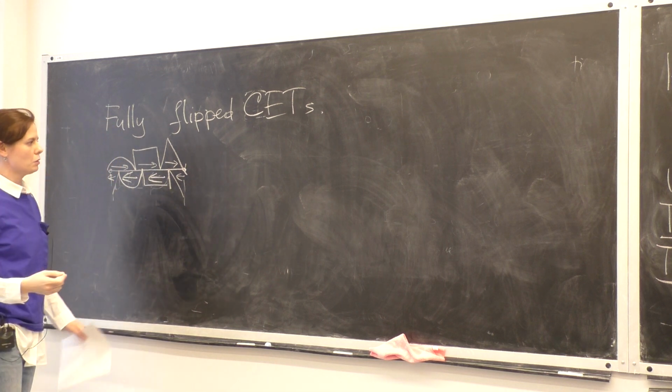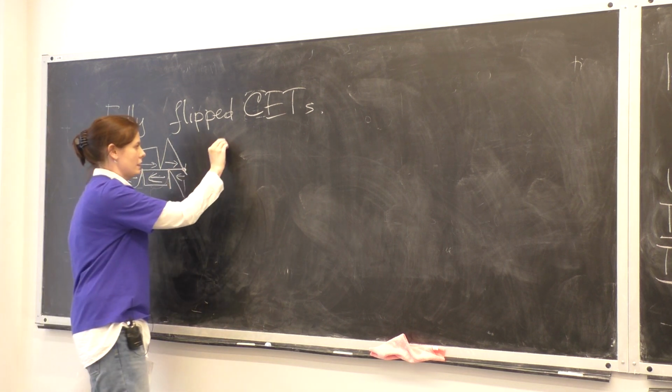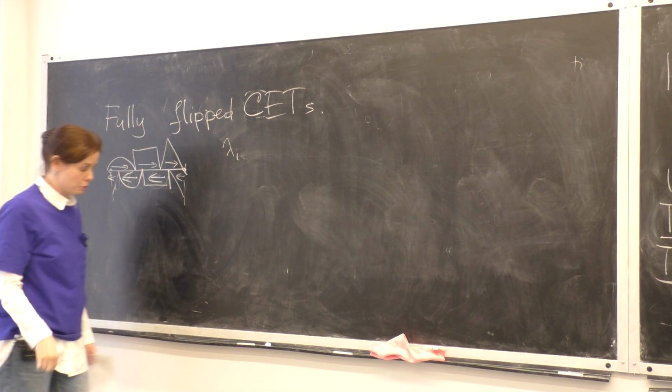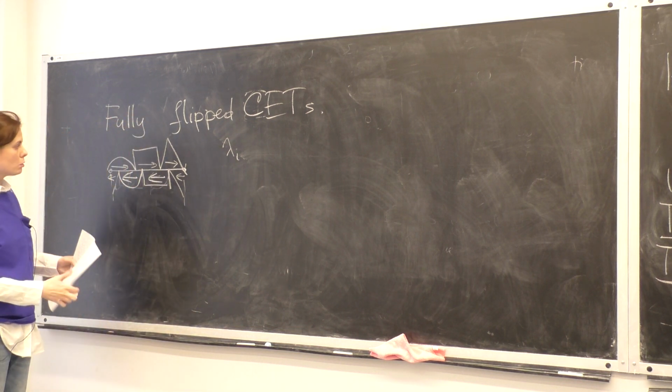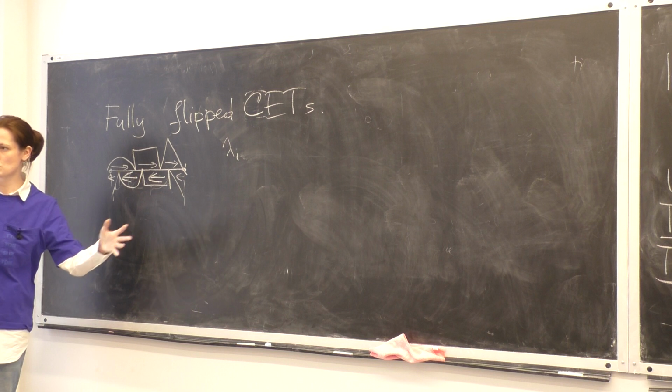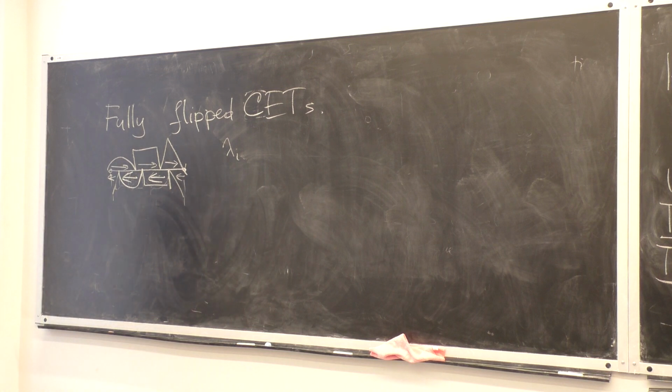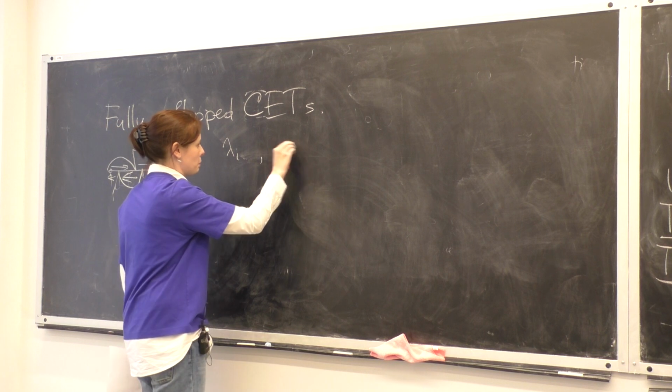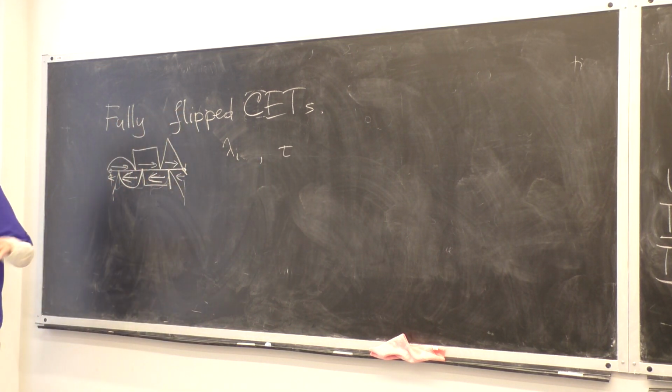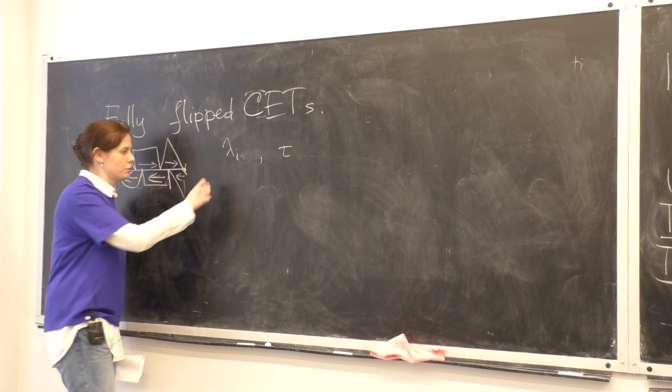So I will have now one more parameter. I have my lambdas, which are responsible for the length of the intervals. I know their order now because I live on the circle, and on the circle I'm not allowed to mix them as I want. I will preserve their cyclic order. But I will add one more parameter, which will be responsible for the translation on which we slide when we do our procedure. And we agree that all intervals are flipped.